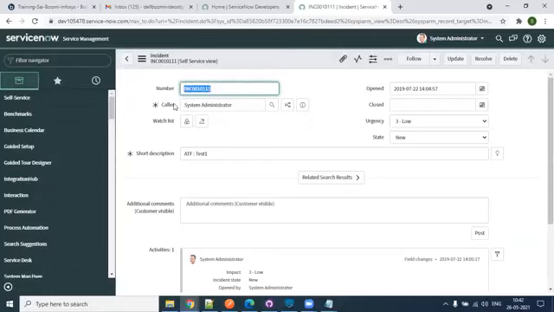Yes, API names and labels. Very nice. Or we also call them field names and labels. So whatever you see, this number, caller, watch list, short description, these are labels. These are labels which are visible on the UI,